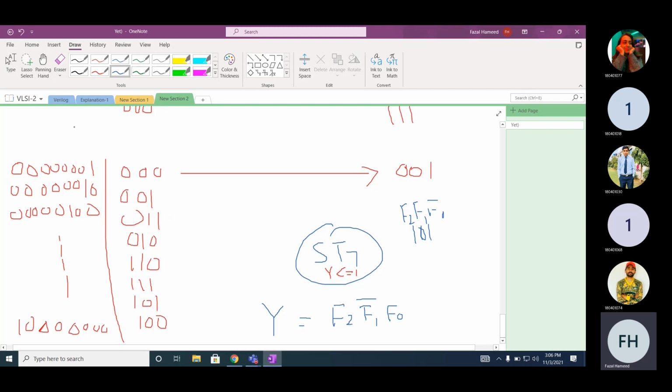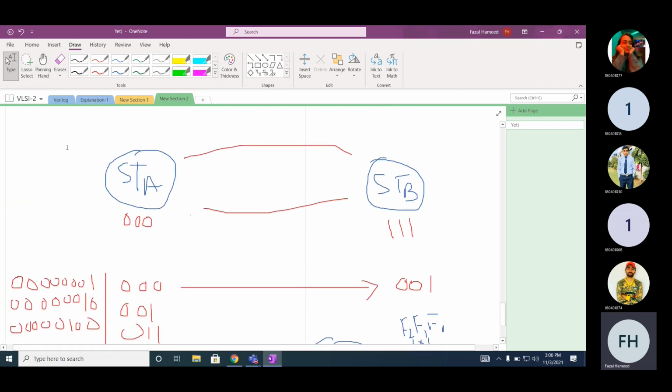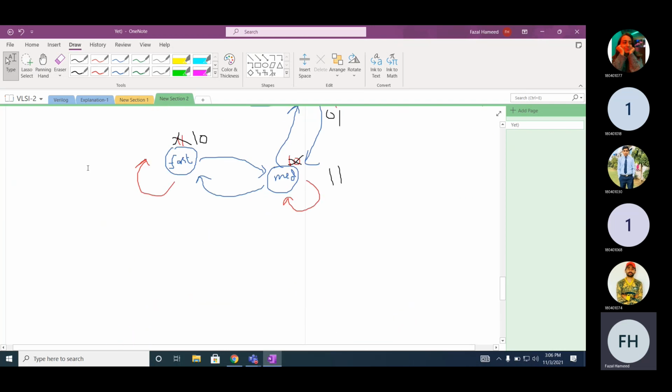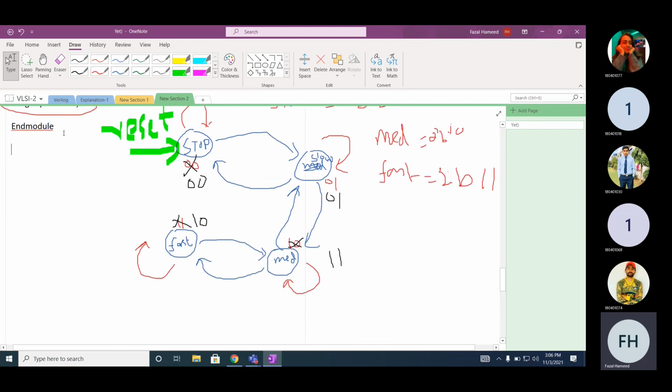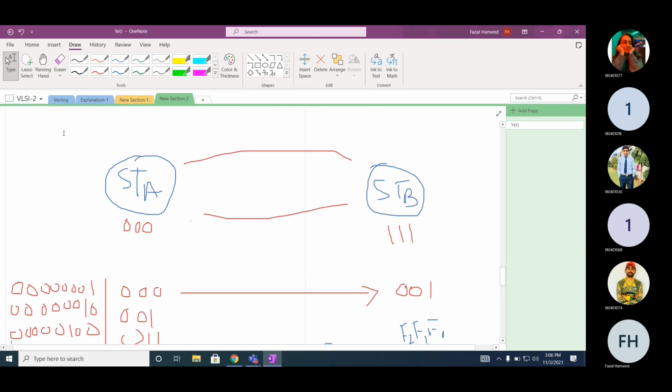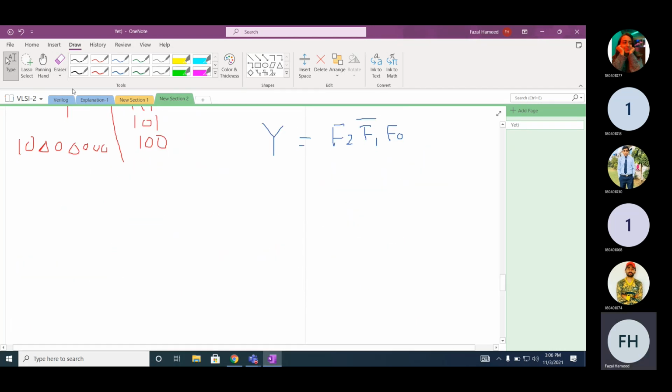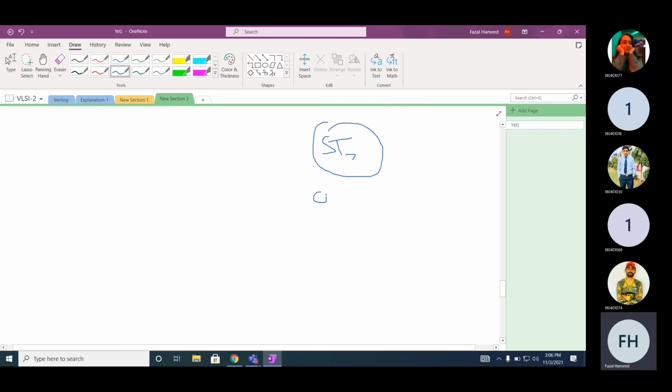But if we have the same state in one hot encoding, how can we represent it in one hot encoding? So the same state can be represented like this: 00001000.